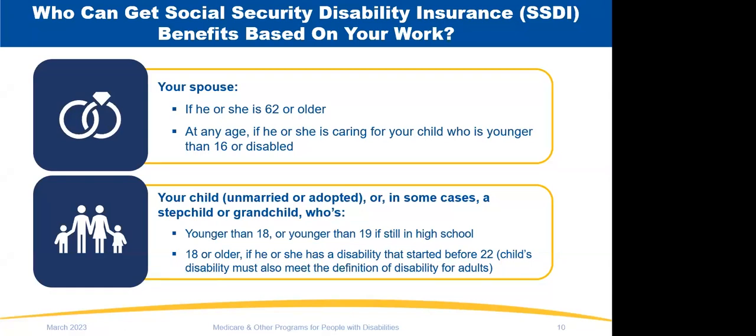We can pay a child beyond the age of 18 if that child is still in high school full-time. We can pay up until actually 19 and 2 months, or high school graduation, whichever comes first. We can pay a child beyond the age of 18 if that child has been found to be disabled through one of Social Security's disability programs, and that child's disabling condition began prior to them turning age 22.